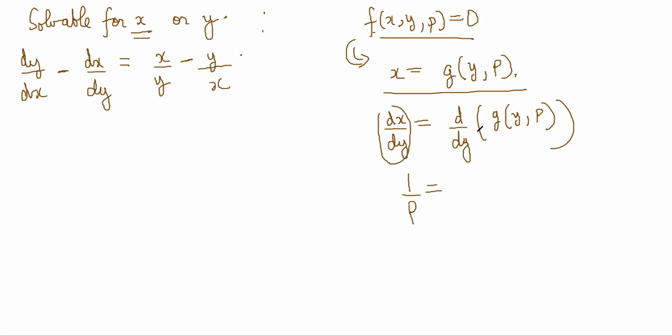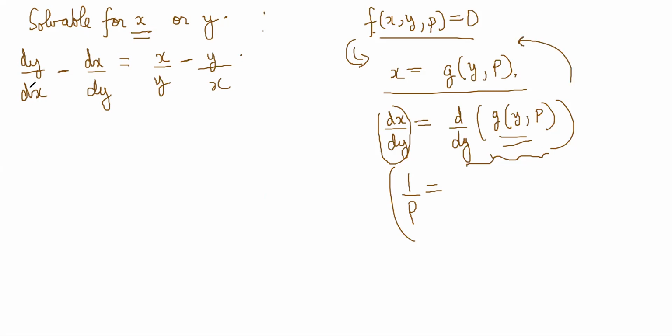Hopefully this will be a little simple because the problem is that this p is dy by dx. So dy by dx and d by dy of that, what will happen? Maybe we'll see it in an example and it will be clear what has to happen. So after that, basically you have to solve for y in terms of p, right? Once you get that, you will be able to use the first equation and get the solution.